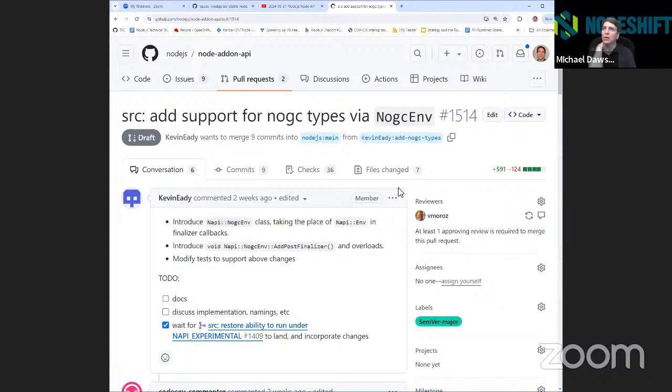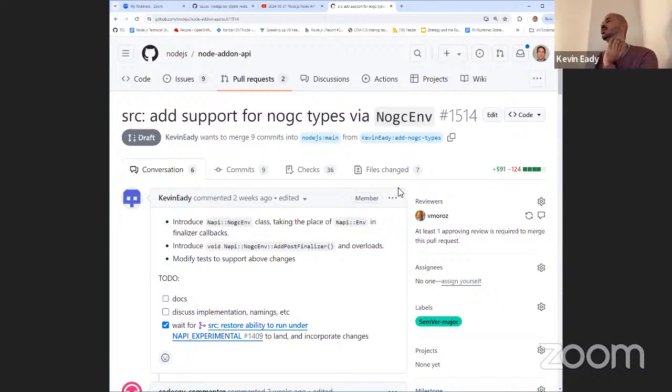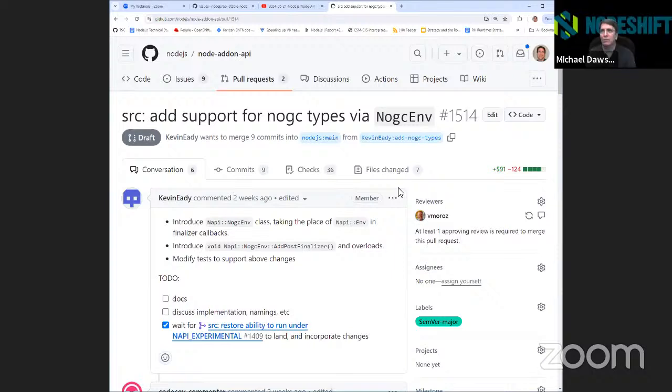And I guess there are some of those, like in your PR, for example, right? They use a new feature which is currently only available through experimental, I think, right? Yes.